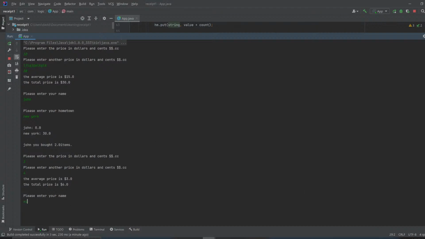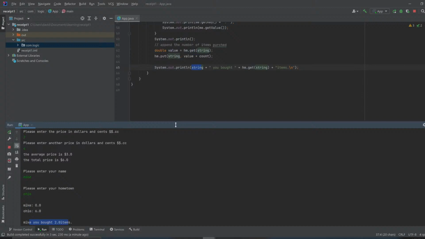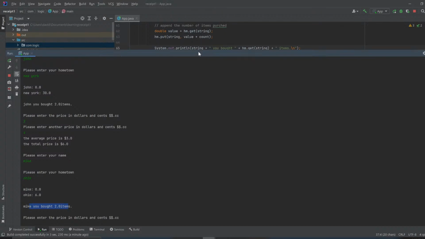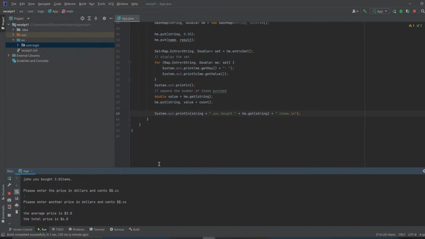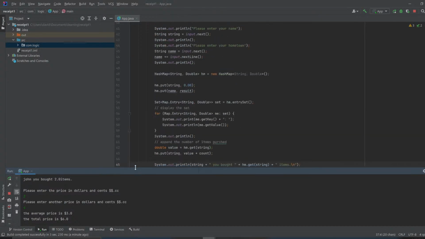Enter your name, let's say Mike. Enter your hometown, Ohio. Mike, you bought 2 items. It's pretty cool. We'll format it a little bit tighter there. I think other than that, it's formatted pretty well. I could add the dollar signs also, but I'm going to show you something else though, because we got kind of like